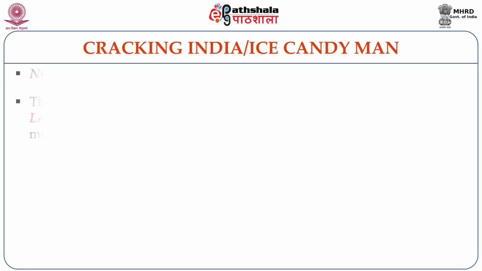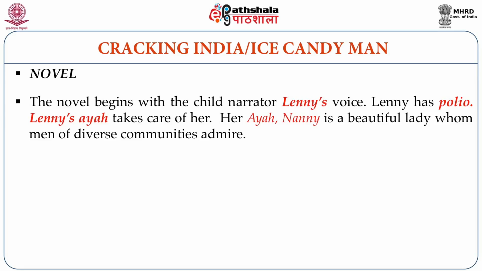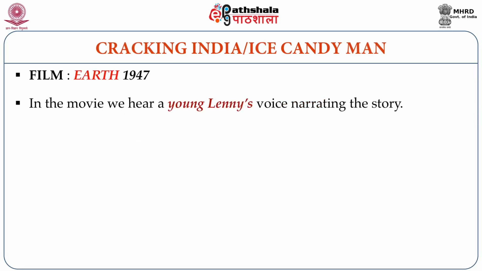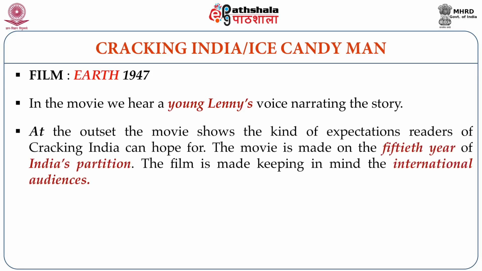in the narratives. The novel begins with the child narrator, Lenny. Lenny has polio and she is looked after by her beautiful ayah, who is known as Nanny in the household. The name of Nanny is actually Shanta. However, the film does not begin with the child Lenny, but the young adolescent Lenny's voice, which narrates the story. At the outset of the film, we see the kind of expectations that the readers would have of a novel